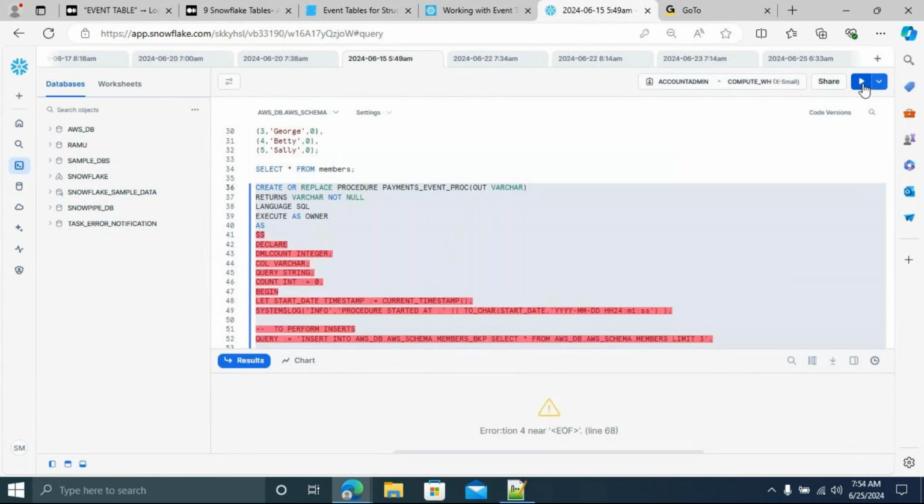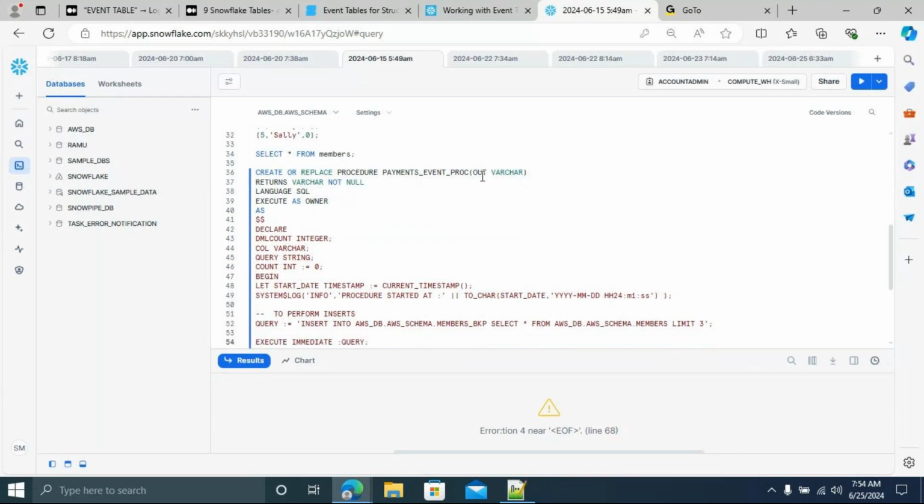I think I'm missing something, end of file, line 4. Sir, we have to mention the out variable. Out is a variable, right? I don't know what it is saying. Return language SQL. I missed on line termination, that's why I'm checking.